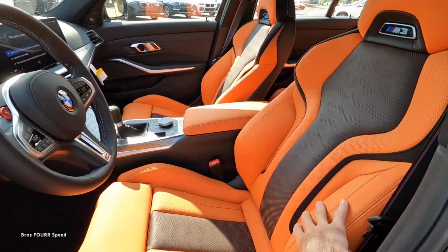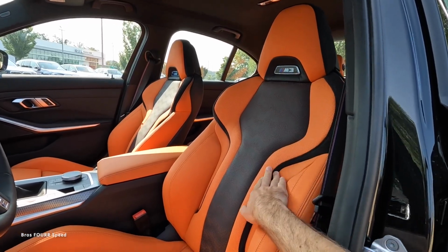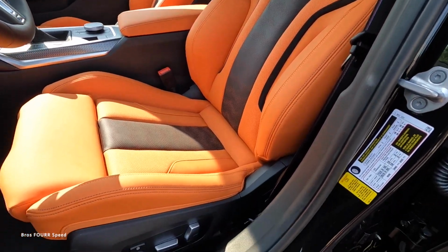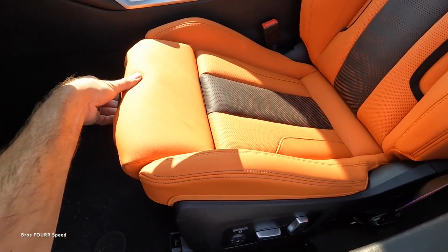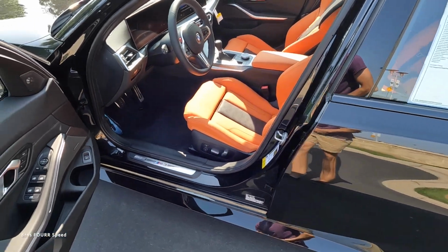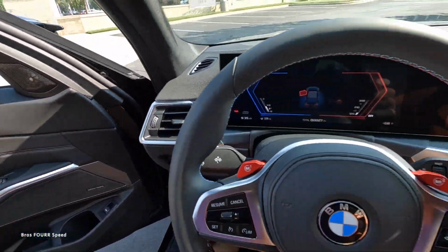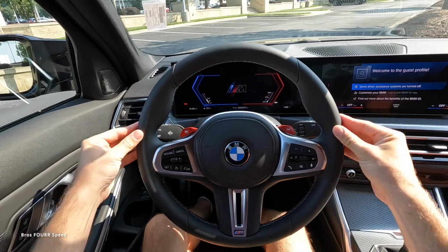And then beautiful design for the front seats with the M3 badge. We have a combo of the leather and that suede. They are automatic, but they do have a manual adjustment for your leg support. And it is just as easy to enter these front seats, where we can move on to the steering wheel,